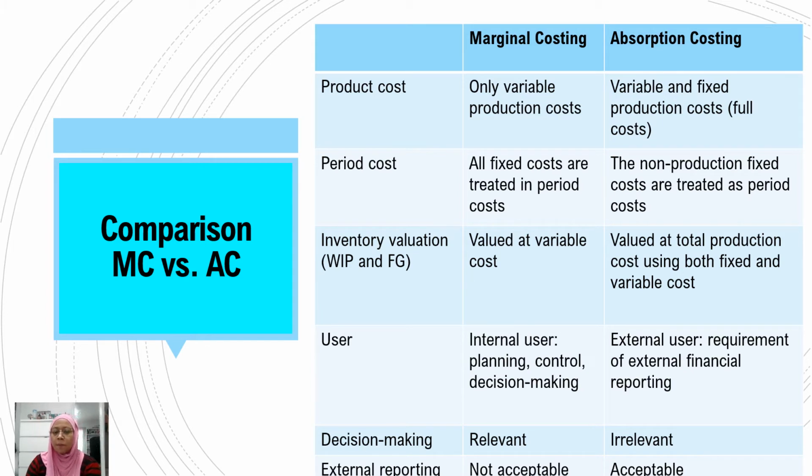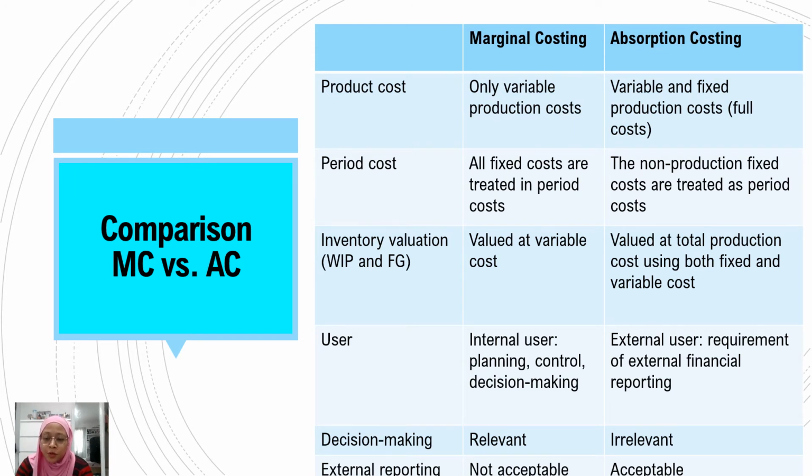So this is the comparison between marginal costing and absorption costing. First, the main difference between the two is when we calculate product costs, marginal costing only calculates variable production costs. So the formula is DM plus DL plus DE plus VPOH, variable production overhead. Whereas under absorption costing, it is direct material plus direct labor plus direct expenses plus VPOH, variable production overhead, plus